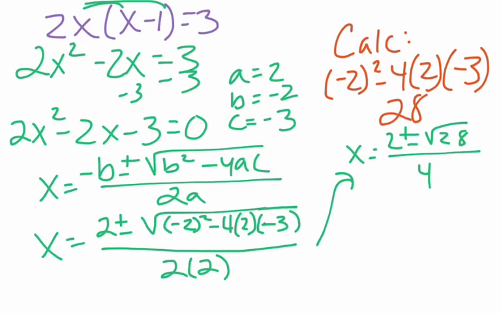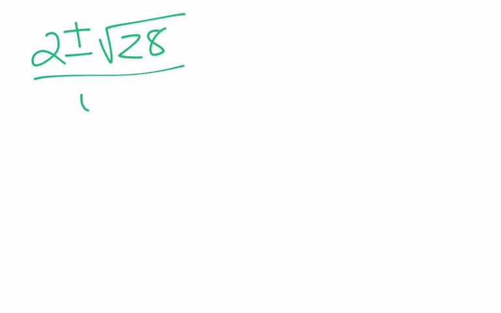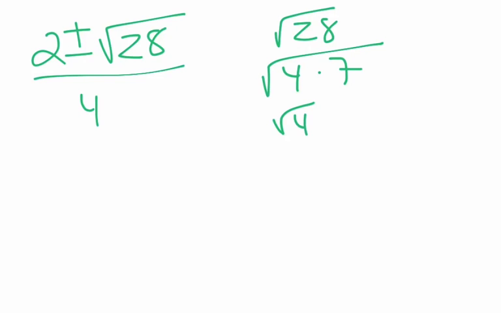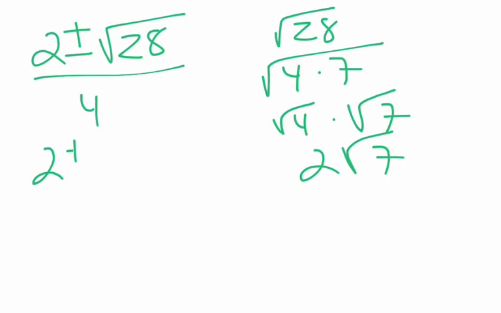Now, just for clarity, because I don't want to leave it unaddressed, the square root of 28. 28 will factor into 4 times 7. So you'd have the square root of 4 times the square root of 7. The square root of 4 is 2. Okay, and so that's 2 times the square root of 7. And then